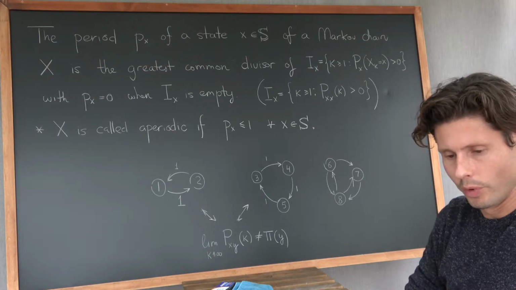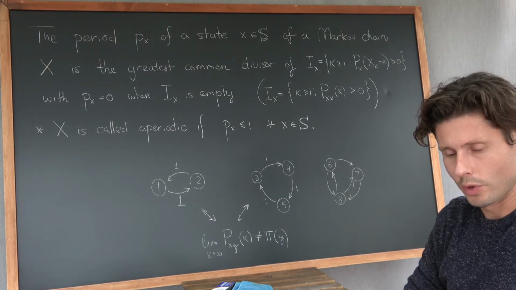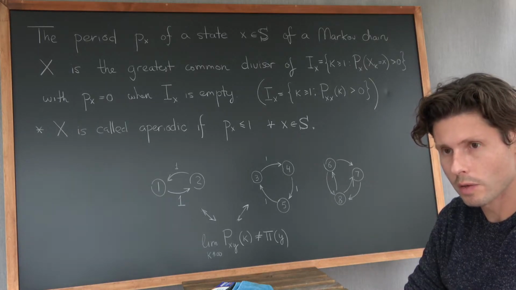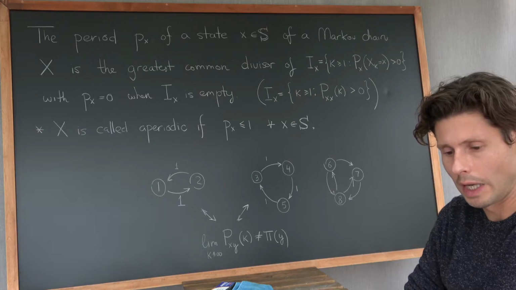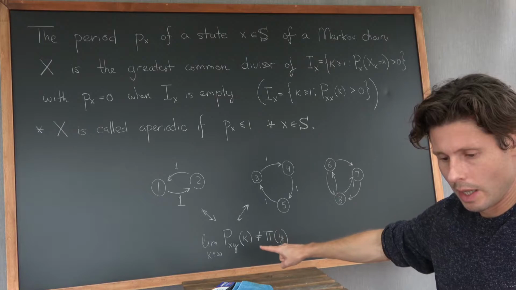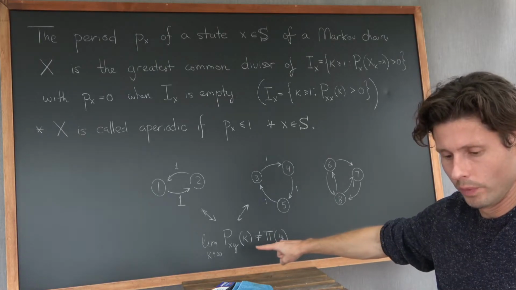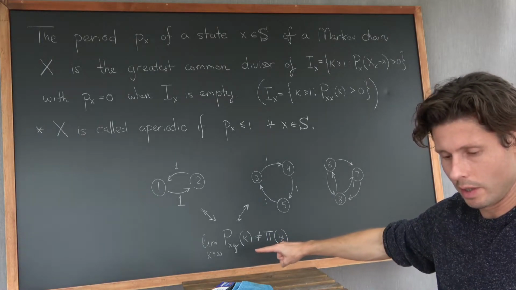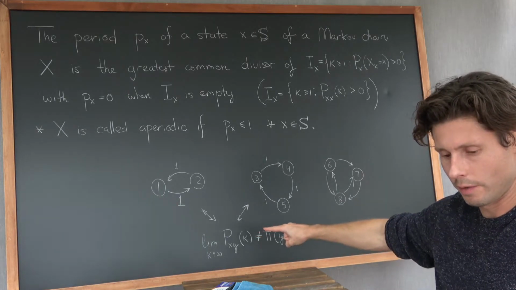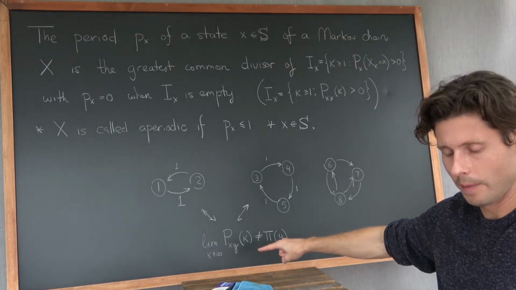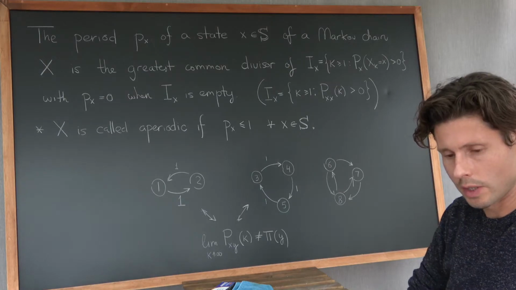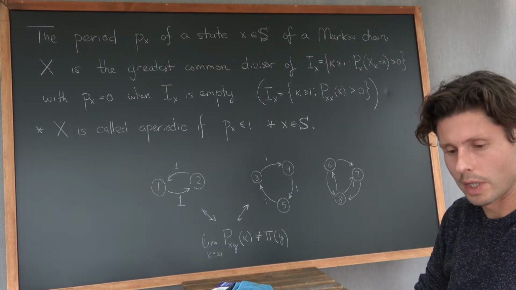So another important concept is this notion of periodicity or aperiodicity. So we like irreducible chains. We also will like aperiodic ones. Essentially, we want statements like this to hold, and it's not exactly true, but essentially the only way that this fails to hold is when you have a periodic Markov chain. So let's look at the notion of periodicity.